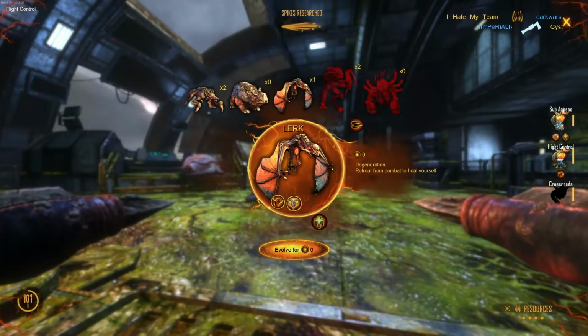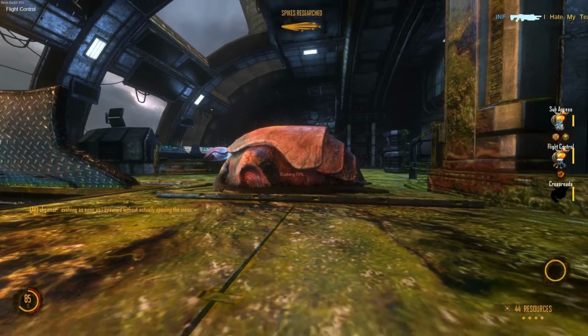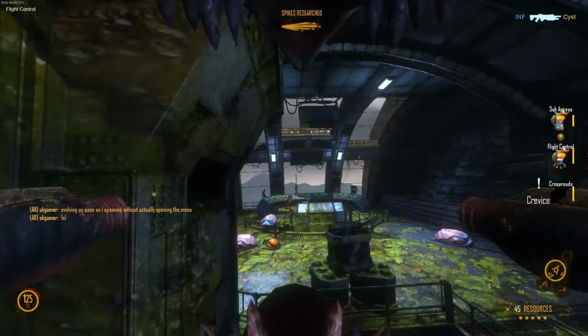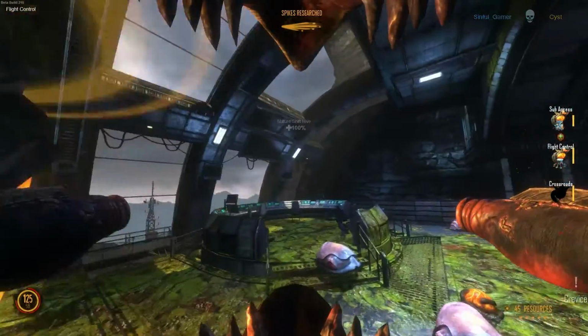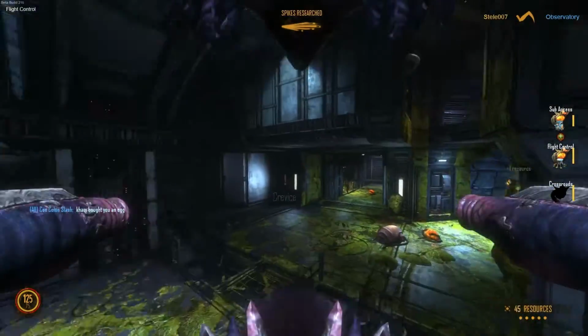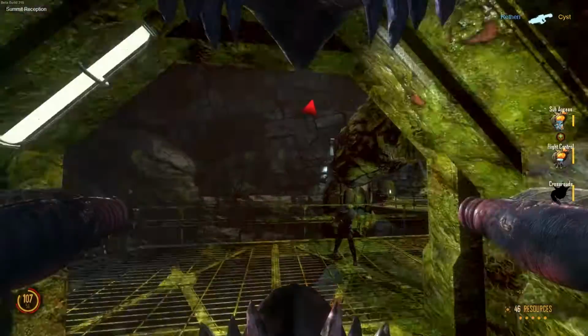Let's see if, yes, we can get some more abilities. I'm going to get Carapace and Adrenaline. I like to get Carapace as a Lerk because you have the speed to fly back and heal at the hive. You don't really need to be healing during the battle or just outside the battle, like say you might want to do as a Fade. And Adrenaline obviously is great because the Lerk is very energy heavy, and it gives you a bit more...